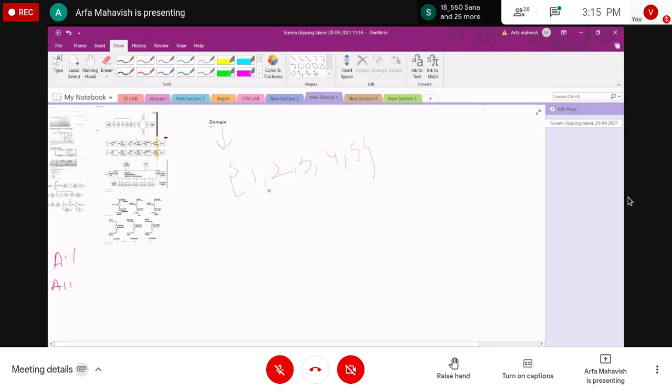This domain is a set of variables, and in that variable we have a set of values, 1 2 3 4 5. This domain has boundaries, and the boundaries are 1 and 5. This is what we call the boundary of the domain. So 1 and 5 are the boundaries of your domain.